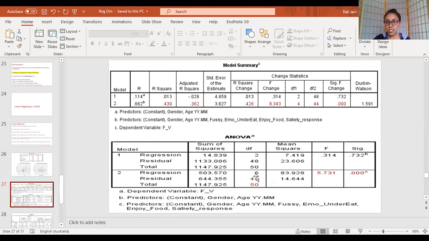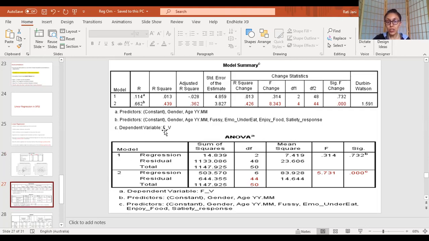Okay, and this is the model summary which is produced when you do regression. The most important values I'll highlight for you are R square and adjusted R square. Adjusted R square tells you the total amount of variance that is explained by your independent variables for your outcome variable. So all of your independent variables together are explaining 36.2%. If I convert this into a percentage, it would be 36.2% of variance explained for the outcome variable by the predicting variables.